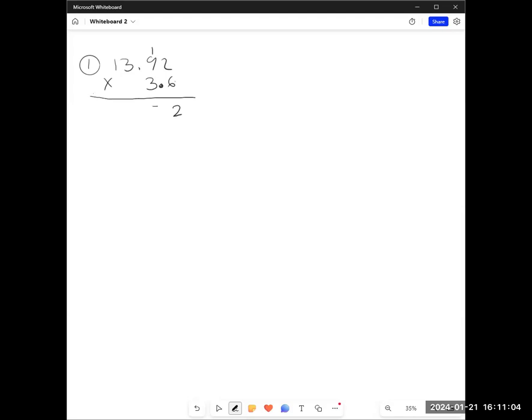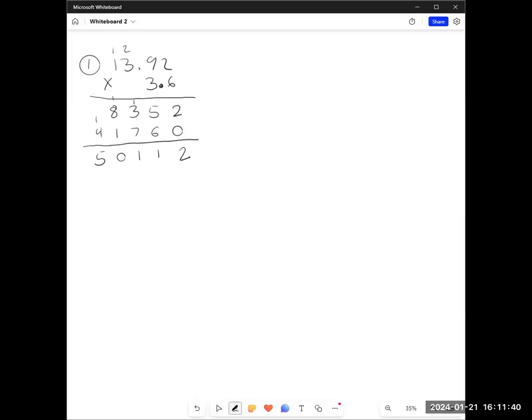54 and 1 is 55. 18 and 5 is 23. 6 and 2 is 8. Then we're going to slide over. Let's forget about those. 6, 27. 9 and 2 is 11. 3 and 1 is 4. 2, 11, 11, 10,